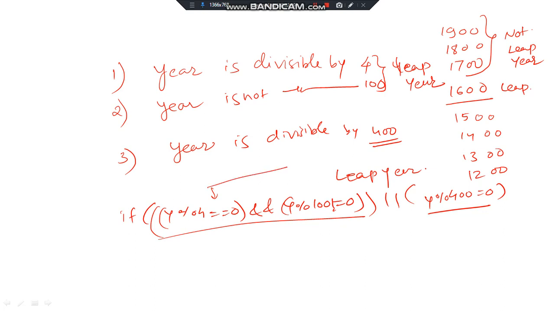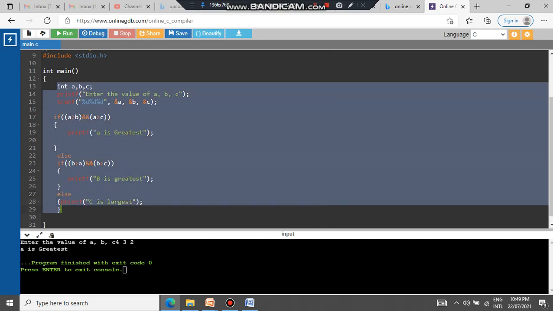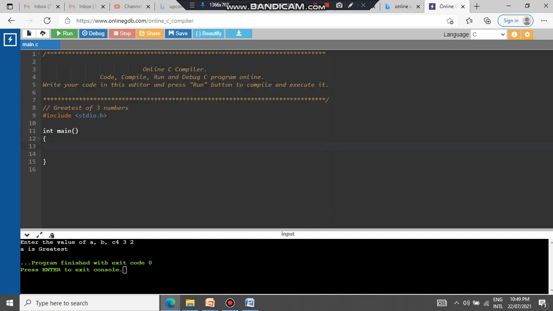If both of the first conditions are true, it is a leap year, or if this condition is true, then also it is a leap year. So this is the condition, and we will implement this particular program and try to run it on the programming part. So let us come here, and this is the leap year program.